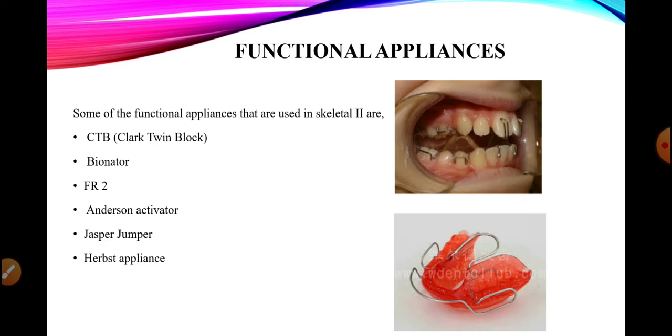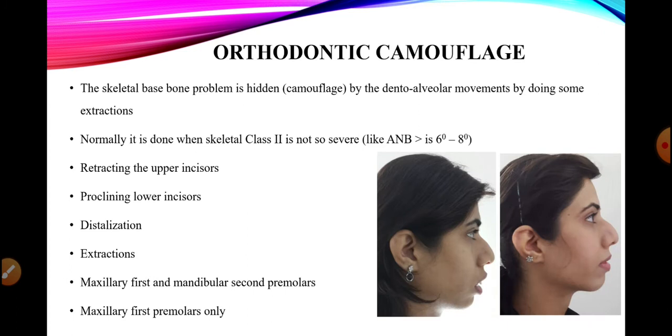So till now we have talked about growth modification and jaw orthopedics, in which we said that it is usually done in cases of growing patients, and the area of concern is that the main etiology should be addressed. For example, if it is a problem with the maxilla, then orthopedic appliances that restrain the growth of the maxilla should be used, or if it is a problem with the mandible, then functional appliances promoting the growth of the mandible should be given.